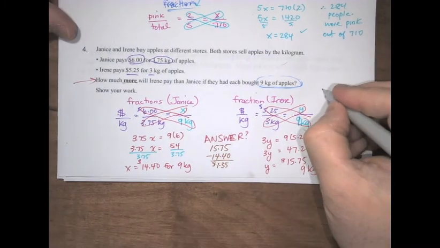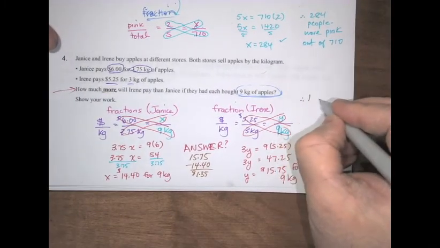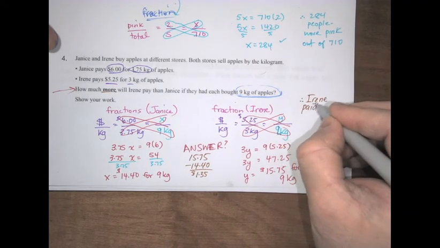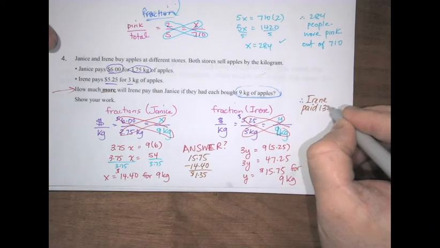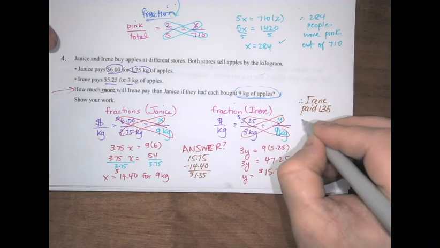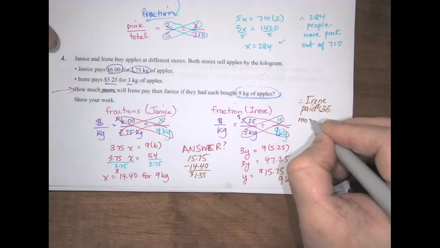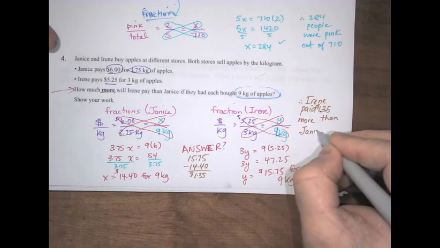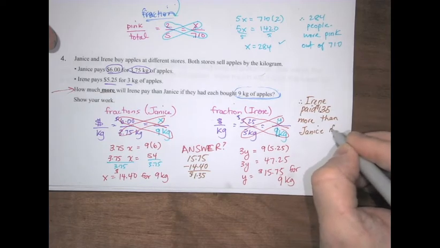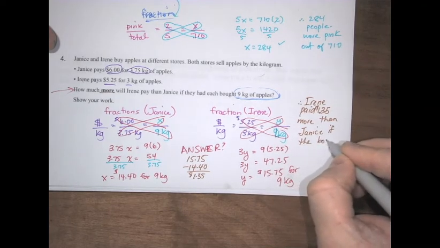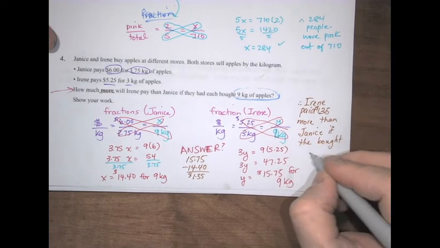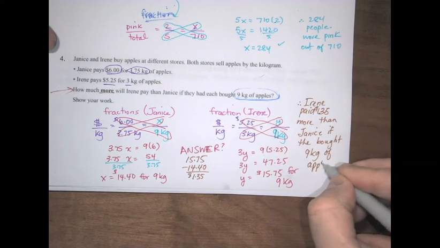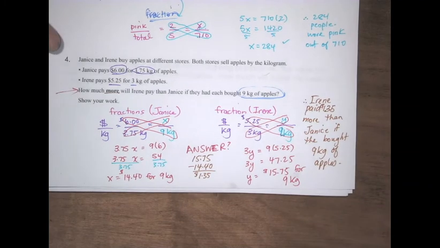And there's my answer. Therefore, Irene paid $1.35 more than Janice if they bought 9 kilograms of apples. Okay, so